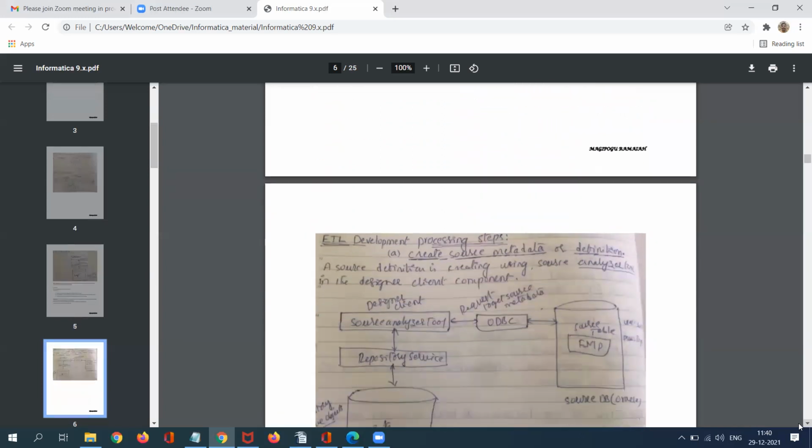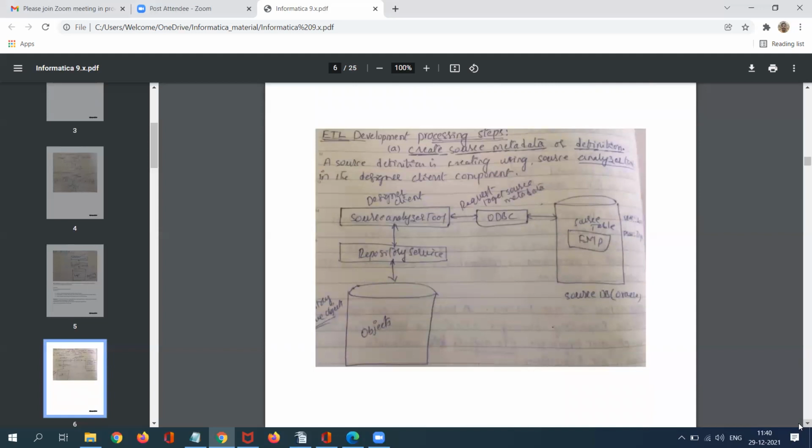Next one is about ODBC, Object Database Connection. We have one different method in Informatica PowerCenter if you want to extract any object located at a particular database level. Suppose I am using Oracle as a database for source and target. I have multiple sources available at Oracle level. With the help of an ODBC connection, I have to import them into my Informatica PowerCenter with the help of the Source Analyzer tool.